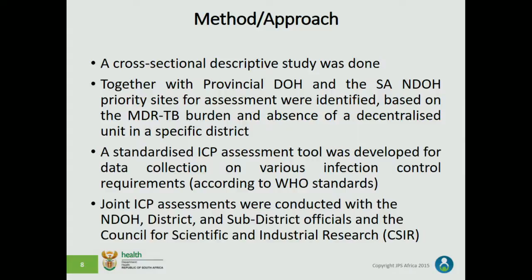A standardized ICP assessment tool was developed for the data collection on various infection control requirements according to the WHO standards, and then joint ICP assessments were conducted with the Department of Health, the districts, the provinces, and also the Council for Scientific and Industrial Research, which has a department specializing in infection control, especially infrastructural